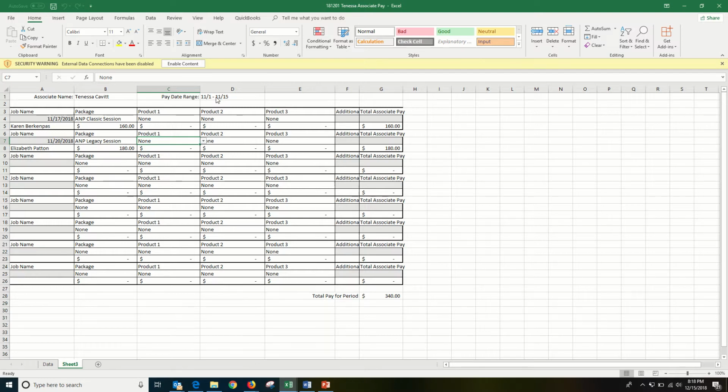So the first thing I usually do is change the date range. So I'll go 12/1 to 12/15. Obviously your name's in here, and then I just enter the information off of the invoices. So the event date was 12/6/18. That's right here. The name, Ashley Gonzalez. And then,